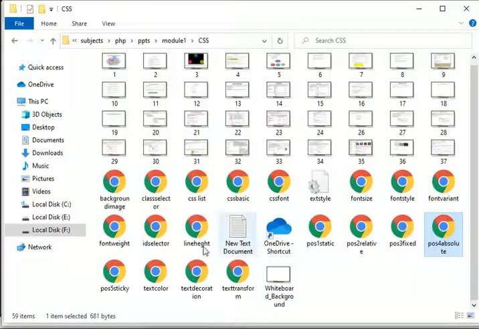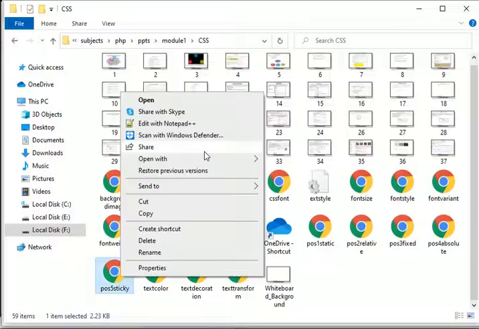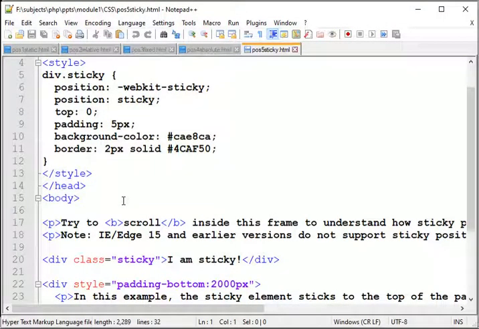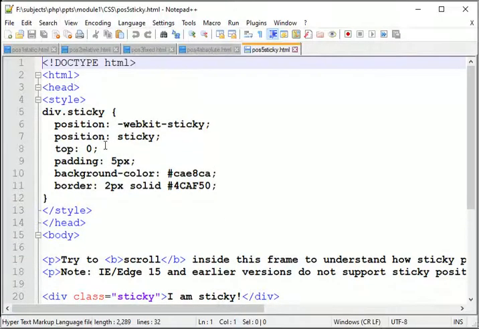Now the last property, the sticky property. With sticky, you can scroll the web page according to your need. Here we set position as -webkit-sticky, then position sticky, and this is for scrolling the web page.